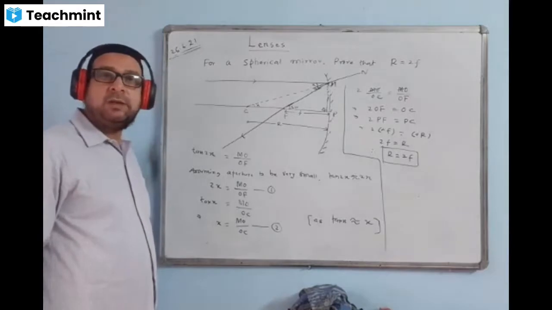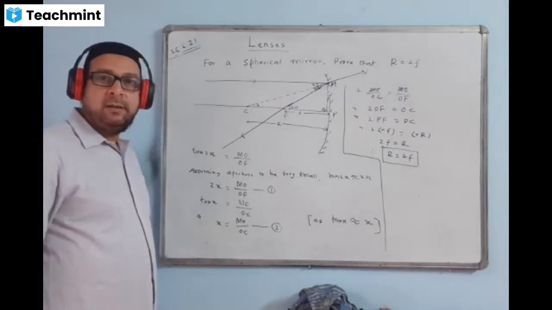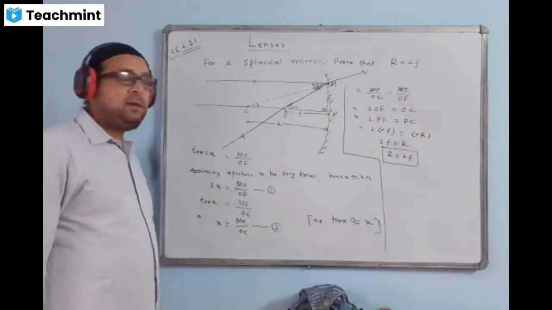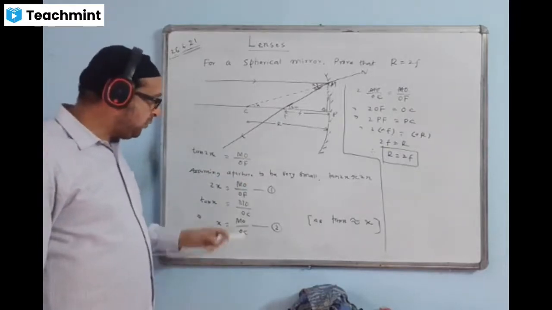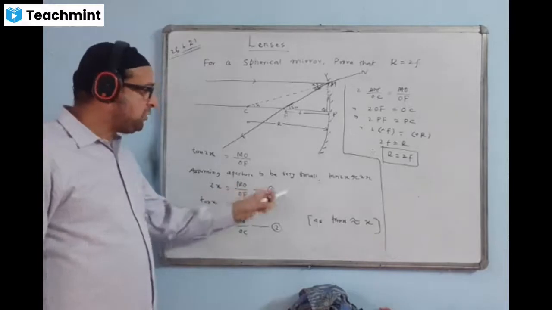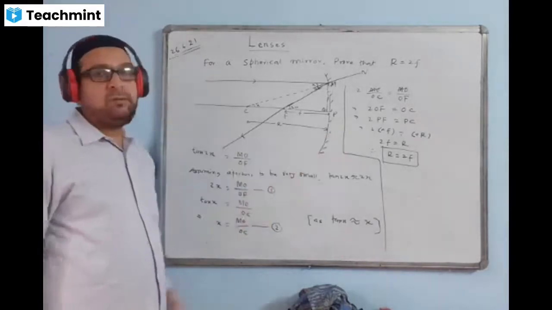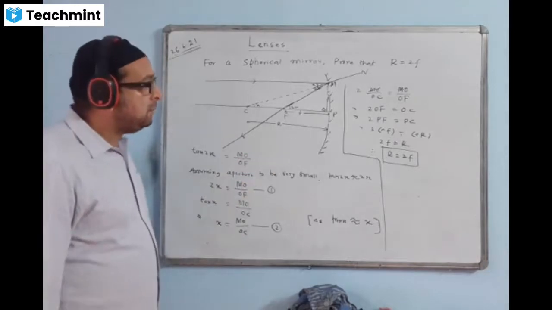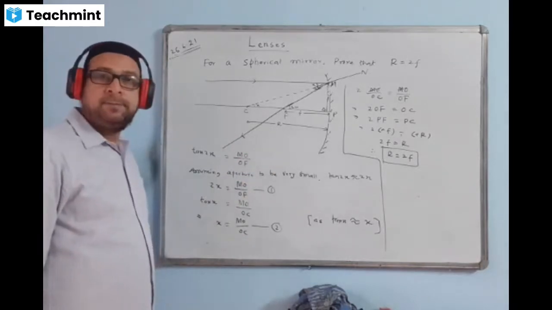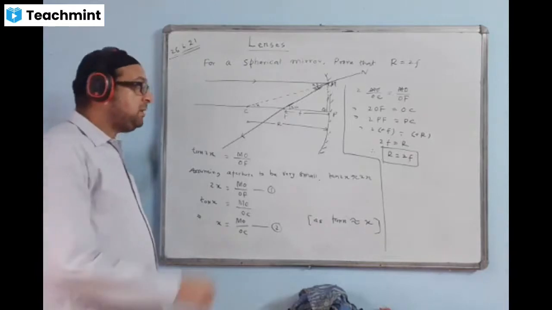So this is how this equation is derived. This type of question may carry 3 marks. 1 mark will be on the diagram. Another mark will be on forming these 2 equations, and another mark will be on completing the result. So this is derived.